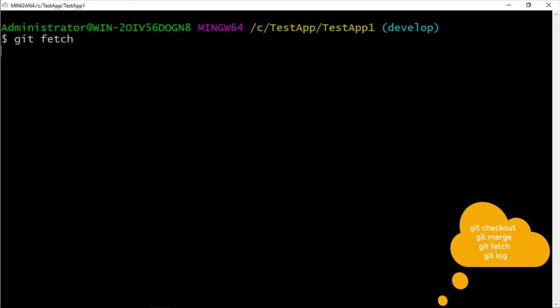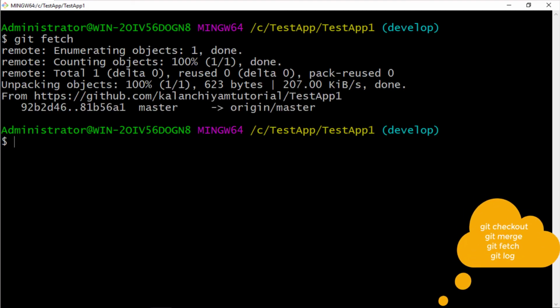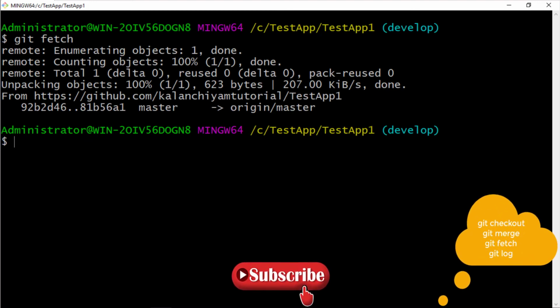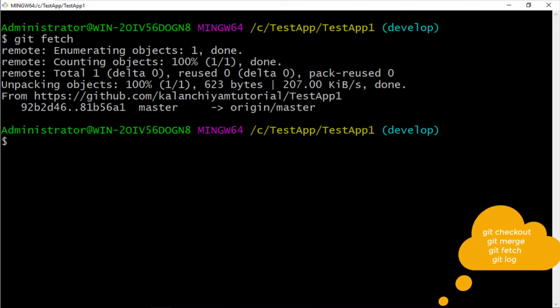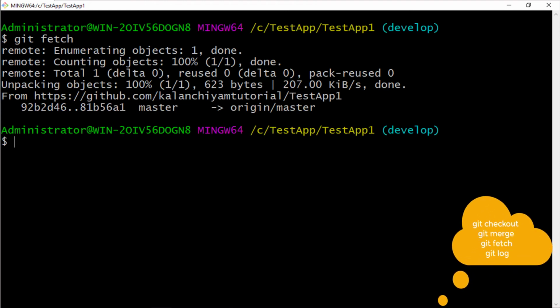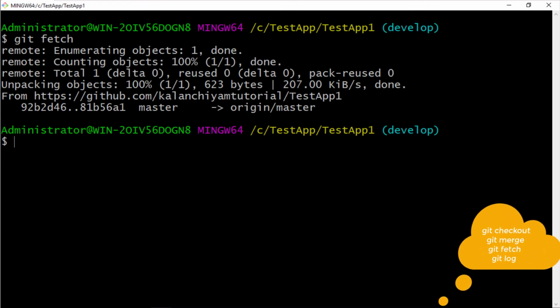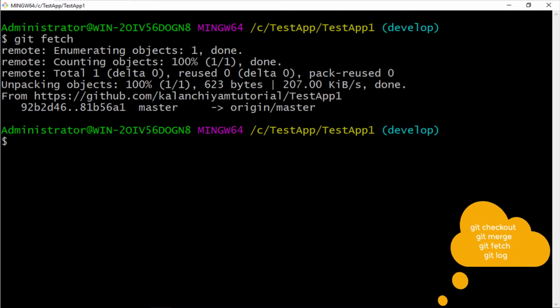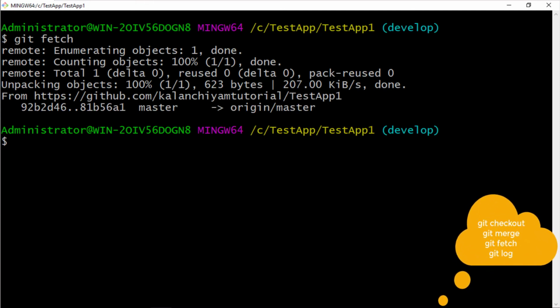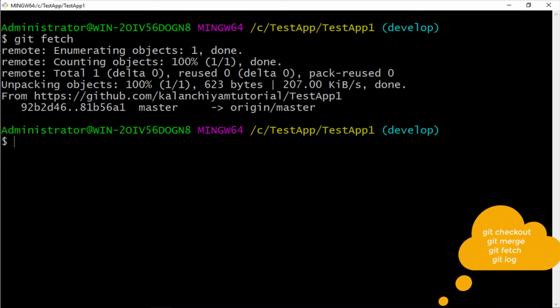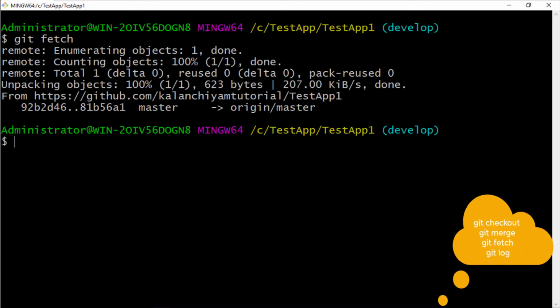This will analyze the changes available in our master branch and whatever branches are available. It might be your branch, it might be another developer's branch, whoever created it. So all the branches, check in, check out, commit, all the changes will be reflected here. You can see the master branch listing because I created the pull request from develop to master, so it's added into the master branch. Now you might have understood git fetch and git checkout.